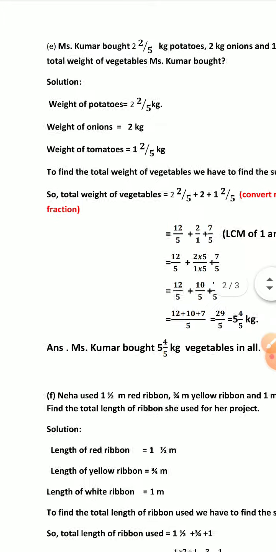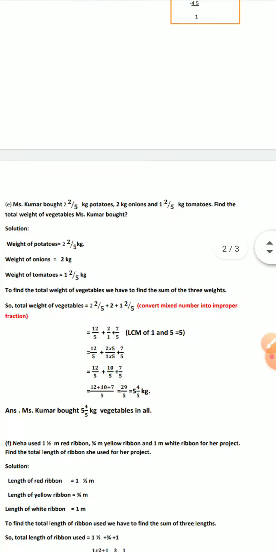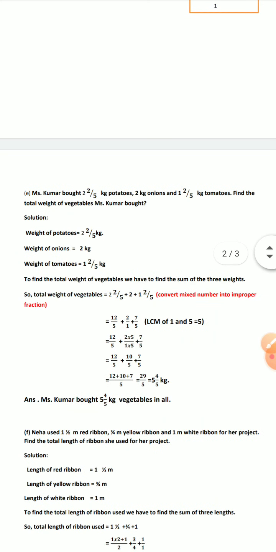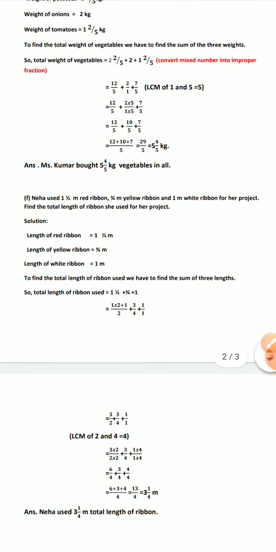Okay. So now you have to note down this. Just pause the video here. You can note down the whole solution, and before that you have to revise also. Read the question once or twice to understand. And all the process you have done before, how to convert into mixed number, and converting them into like fractions and then adding. So this way you solve this question number E. Okay. Now come to F number.